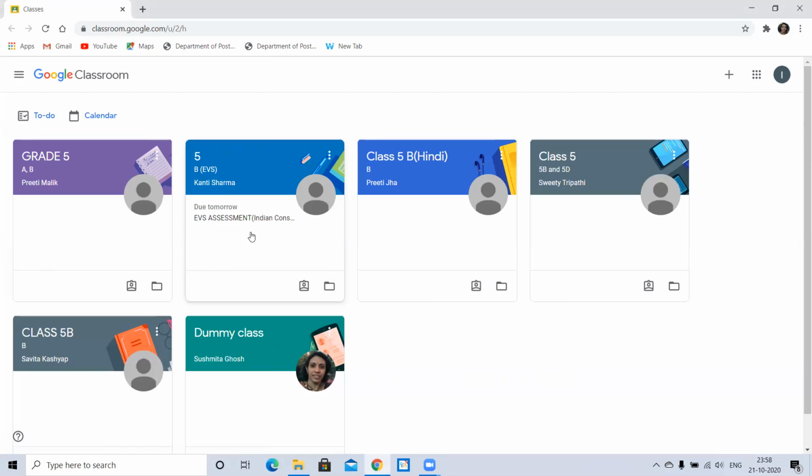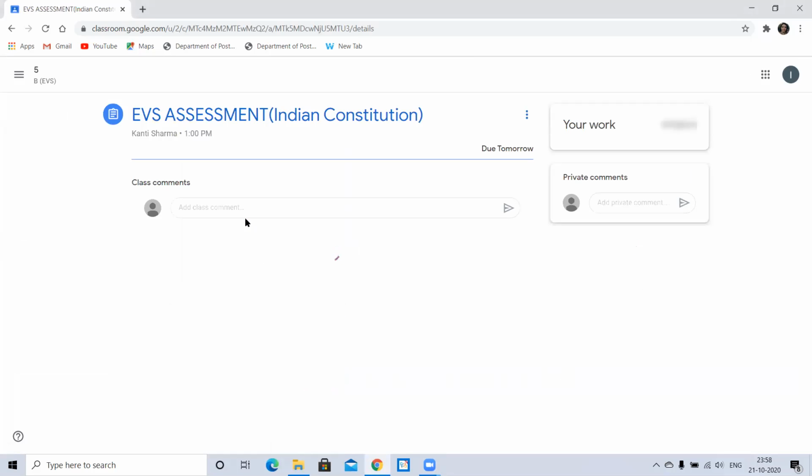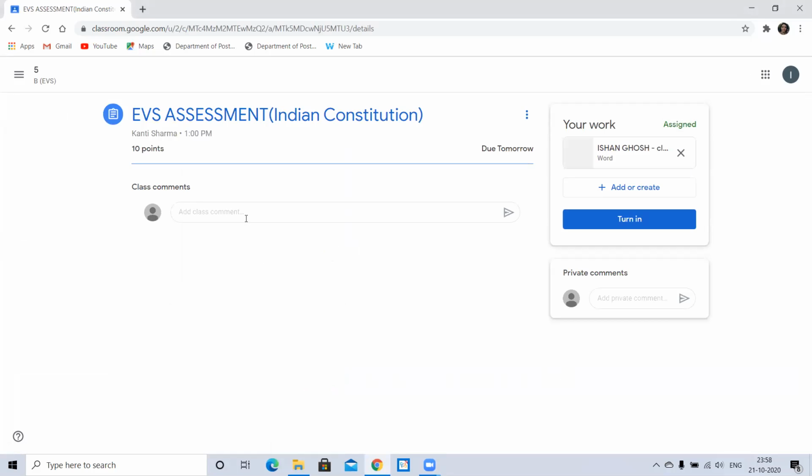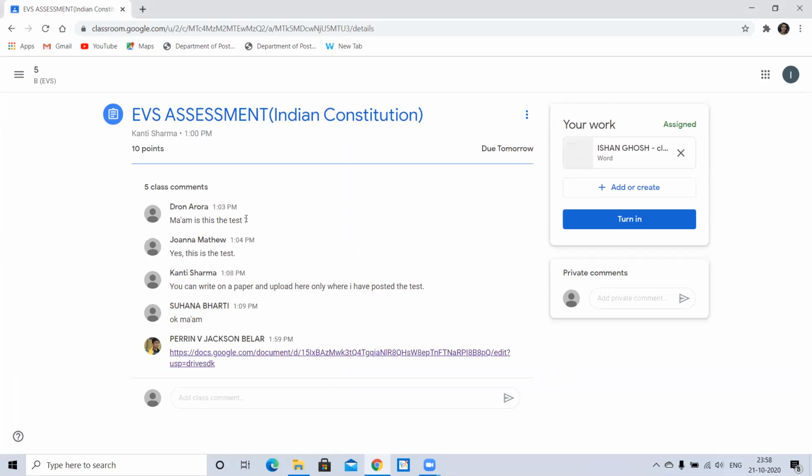This is what you're going to see in your Google Classroom, whether you open it from your mobile or you open it from your laptop. So let me open this. Now, when you open the assignment, this is how it shows you the screen. Obviously, you'll not have the class comments if nobody has given the class comments yet. But concentrate on the right hand side where this box gives you the place to open up the document or create a new one, see the assignment already given, and then return it back to your teacher.